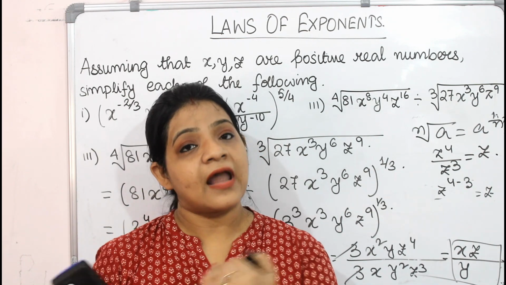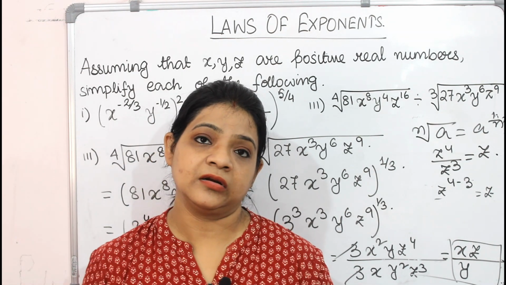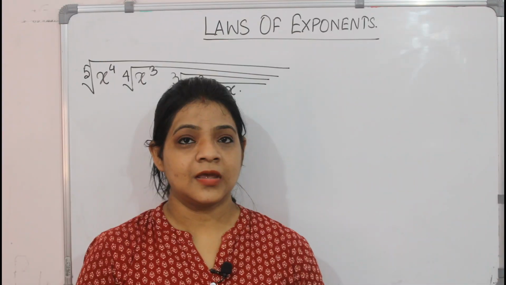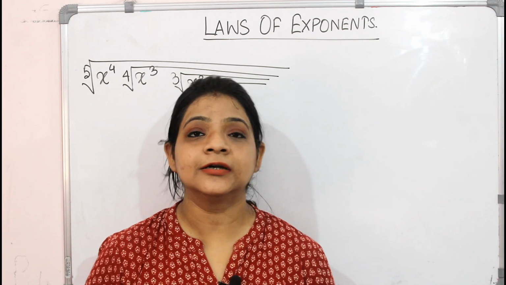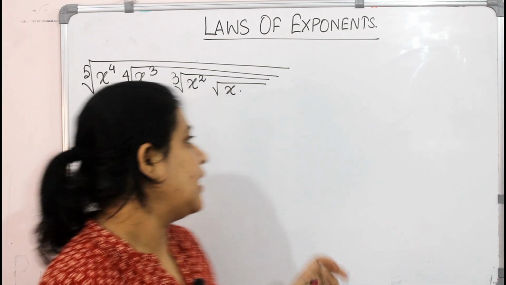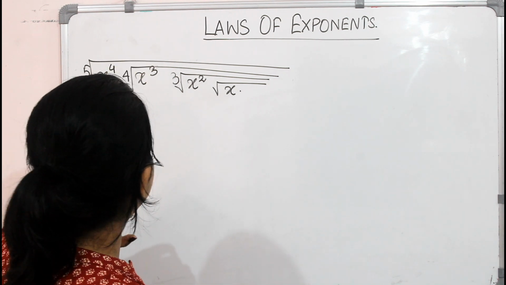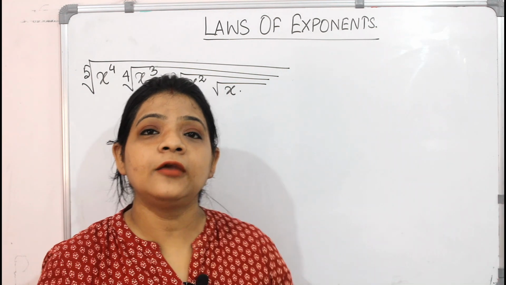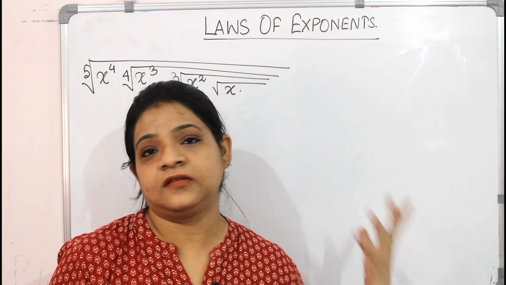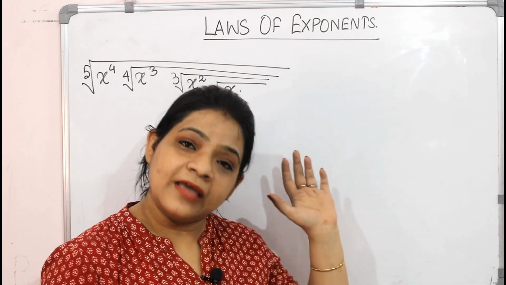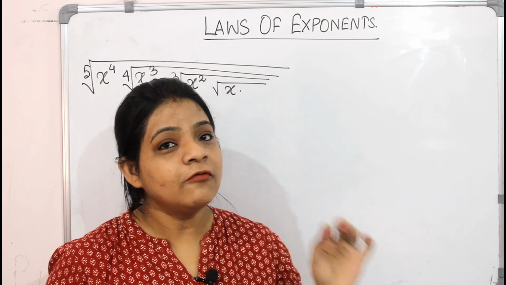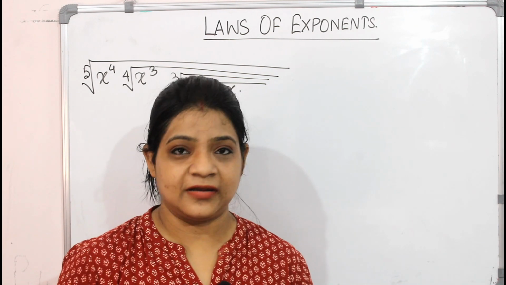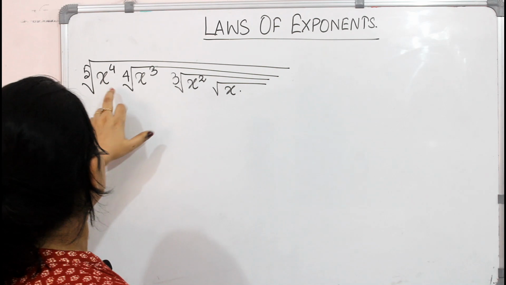So from this another sum is there from the third category. So let us look into that particular sum. This is the fourth sum from the third category of sums. Okay, so if you see this expression, you may think that it is so complicated. What is this? So many roots are there. How to solve this? It can't be solved. Okay, but yes, it is very easy. You try to follow the steps, whatever I am going to tell you, try to solve in a very systematic way. Okay, so let's see.